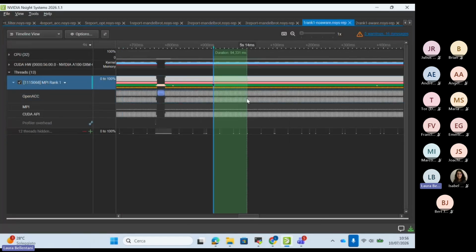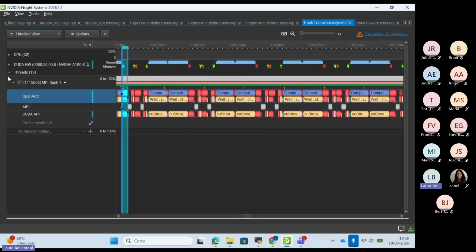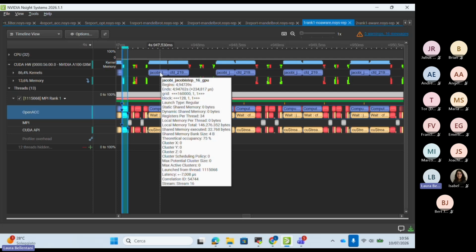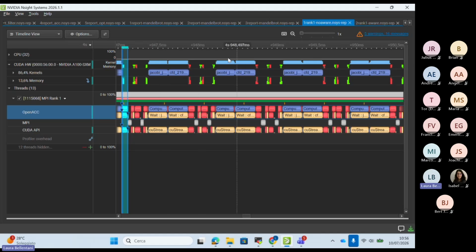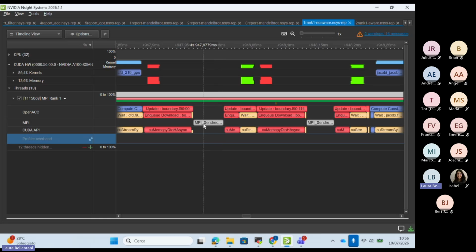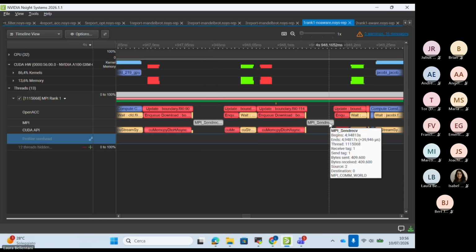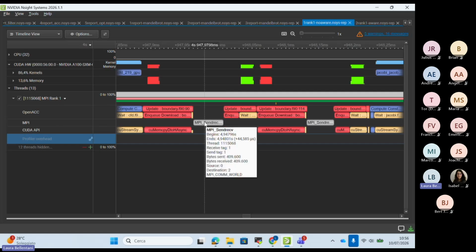Now, you see that I have to zoom a lot because I have a lot of iteration steps. First of all, here we have our Jacobi. This other loop is basically the copy back. And then we have this region, let's focus on it, where there is MPI communication, MPI send-receive. Here I've generated one single report per MPI task, so this is the report for MPI rank 1. And I can see the send-receive communication because I've added --trace=mpi.